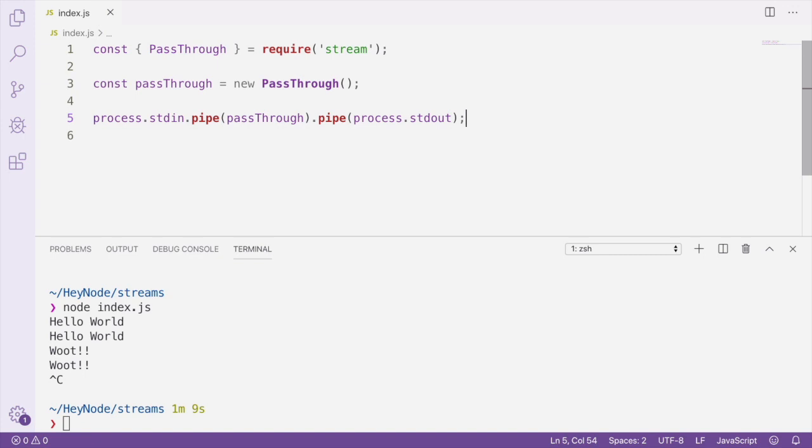We're piping the input from process.stdin into the pass-through stream, and then from the pass-through stream, we're piping it into process.stdout. We're able to do this because pass-through streams implement both a readable and writable interface. Like we said before, pass-through streams are mostly for demonstration purposes and don't actually do anything to the data passing through them. So if you run this example again, it'll behave exactly the same way as it did before.